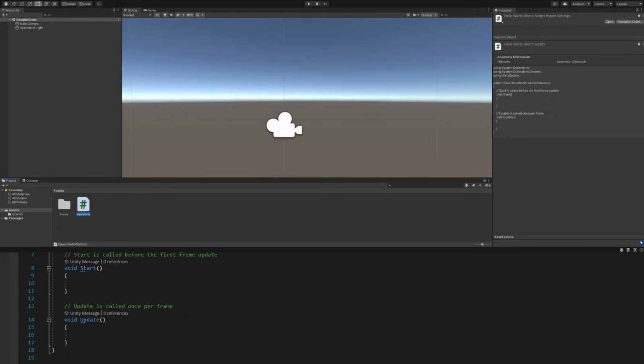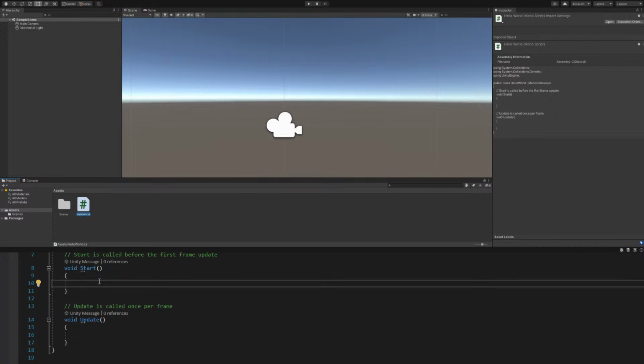I've talked about namespaces, about the start and the update. I will not be going over them again because later on we will also delve even deeper into them when we start our first magic game cube 3D. So let's start by first of all printing something to the console, and the way we print things to the console is we simply write in here print,